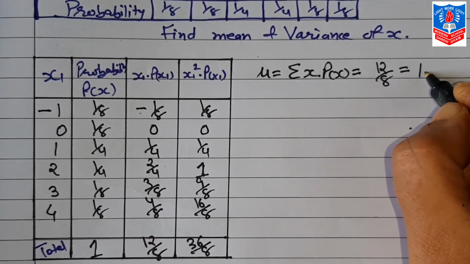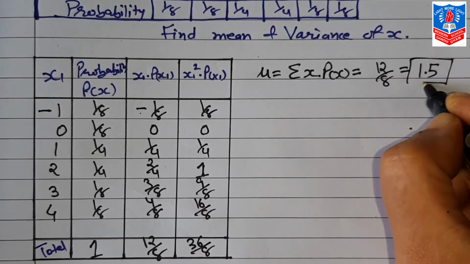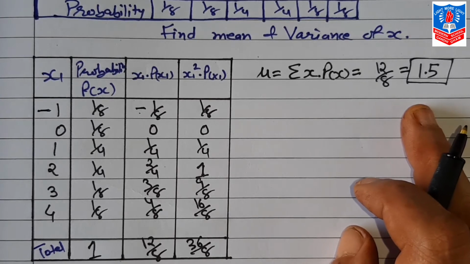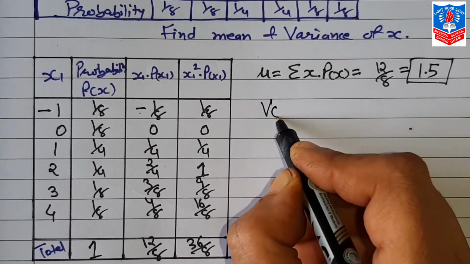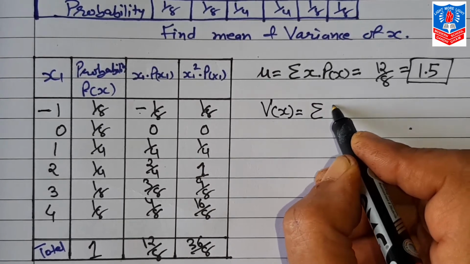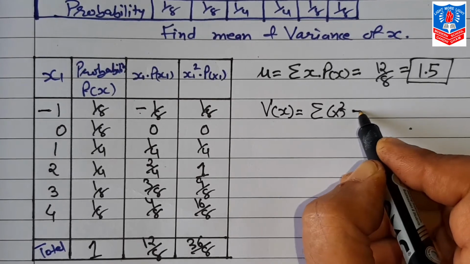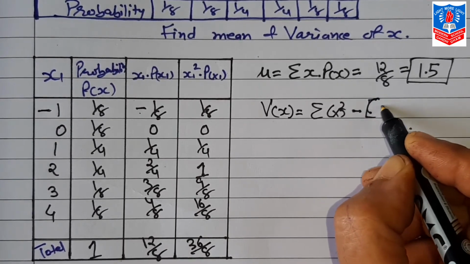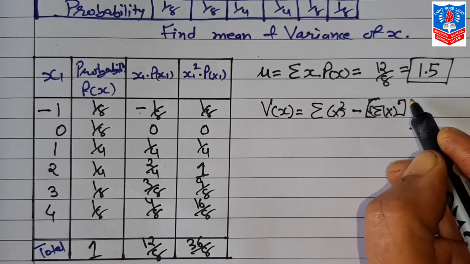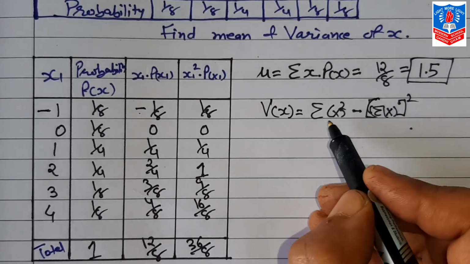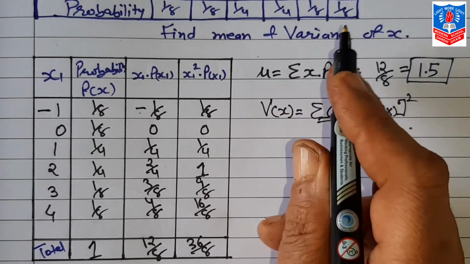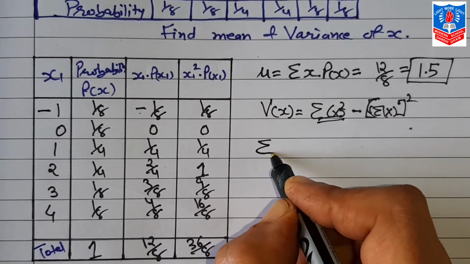Divide this 12 by 8, we get 1.5. So mean is 1.5. Now variance, which formula of variance, that is sigma x square minus sigma x whole square, where how we find this sigma x square, formula of which already we had discussed, that is